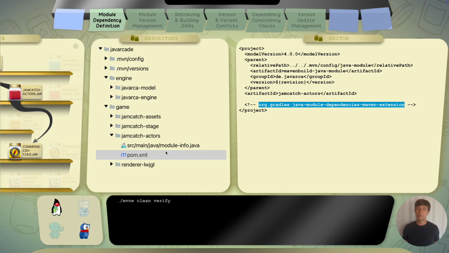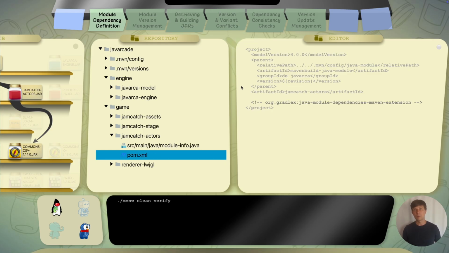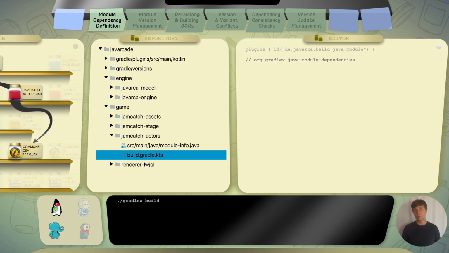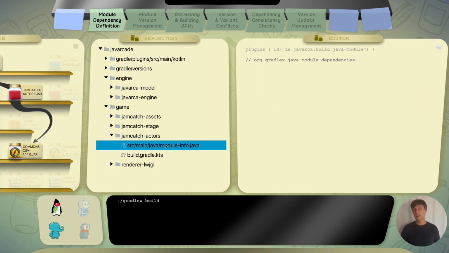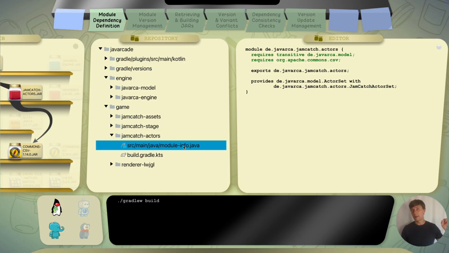The nice thing with this solution is that the build Gradle or the POM XML files are almost empty, which means you define your modules in pure Java. All other build configuration is extracted to a central place in the project structure. This will be a topic in one of the next videos, but for Gradle I already cover this in detail in the video on convention plugins.